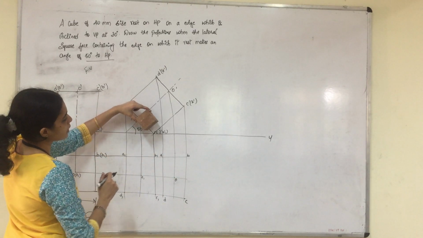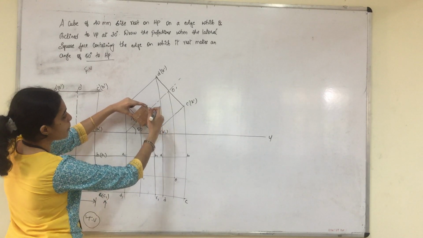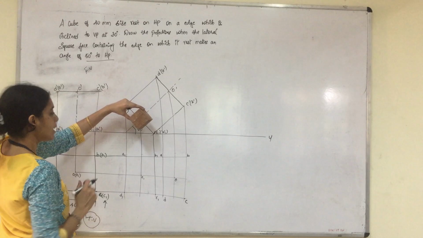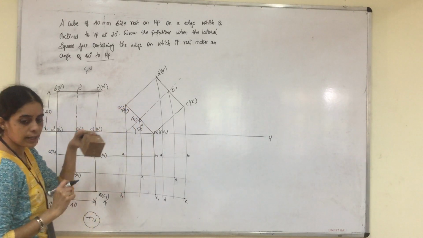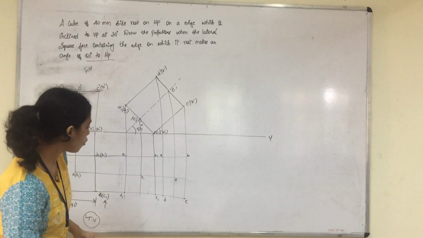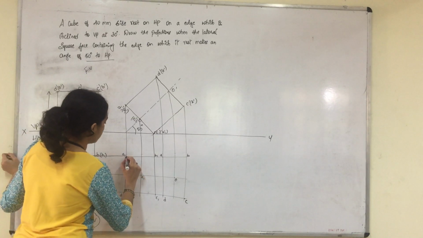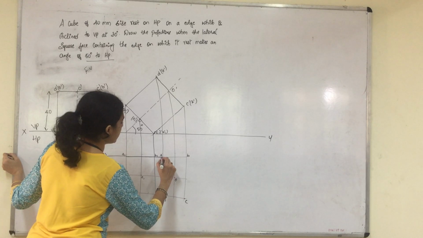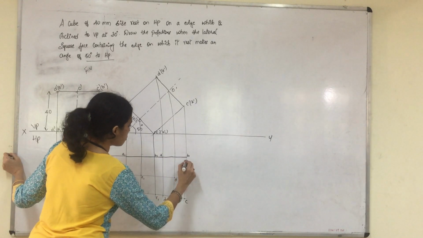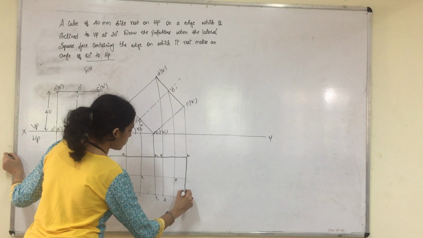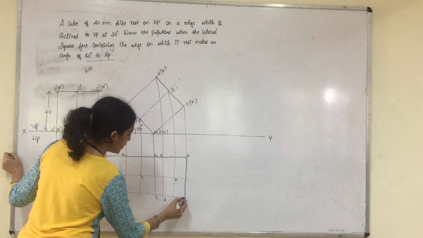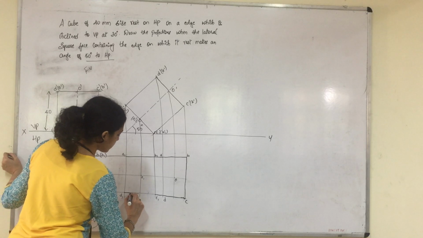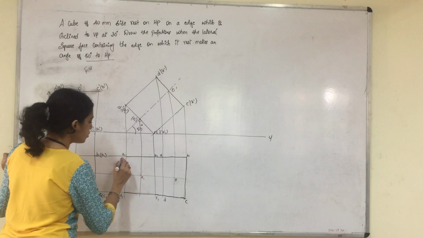So when it is projected down, we can see the upper surface totally and some part of the bottom surface, but the outer boundary will be visible totally. So we will join the outer boundary first. A dash to B dash, B dash to A to B, B to C. Please darken it. D to C, C to C1, D1 to C1,